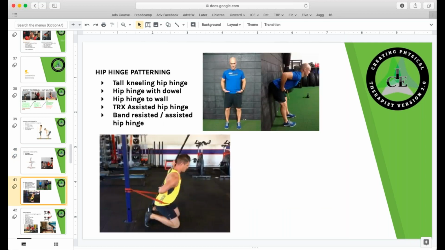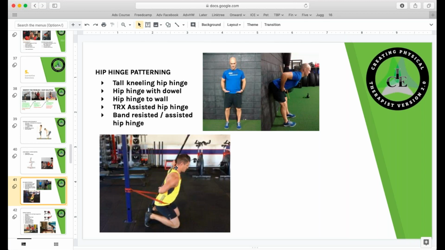If somebody failed their hip hinge test, but passed the active and passive straight leg raises, then I know they need to work on just their ability to do a proper hip hinge. So we'll do things like this bottom picture, tall kneeling hip hinge. We've got that PVC pipe along their spine. They're sitting their butt back towards their heels. They're working on maintaining a neutral spine positioning as they hip hinge, but we just eliminated a little gravity by